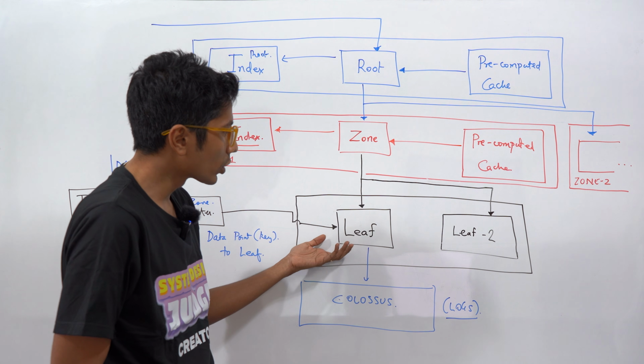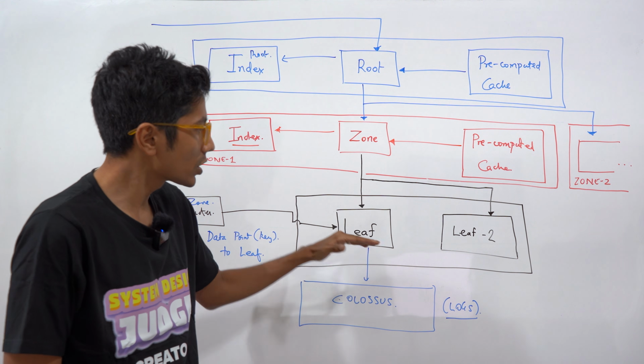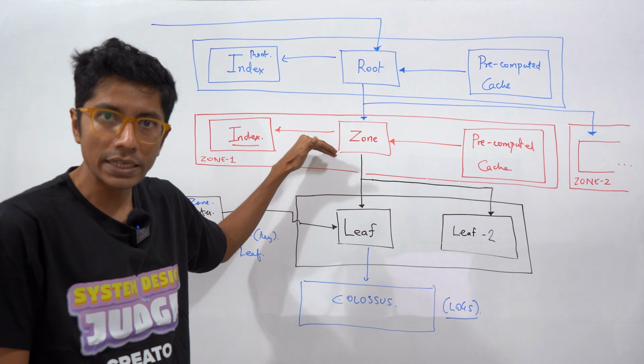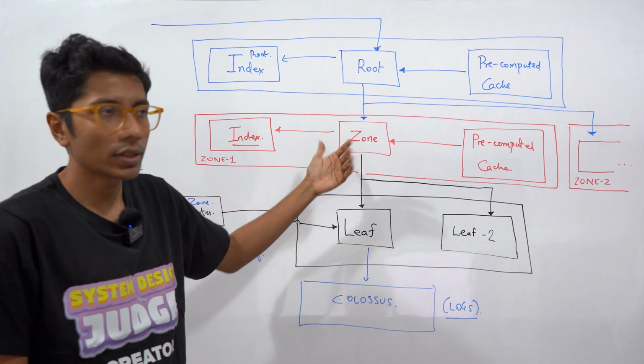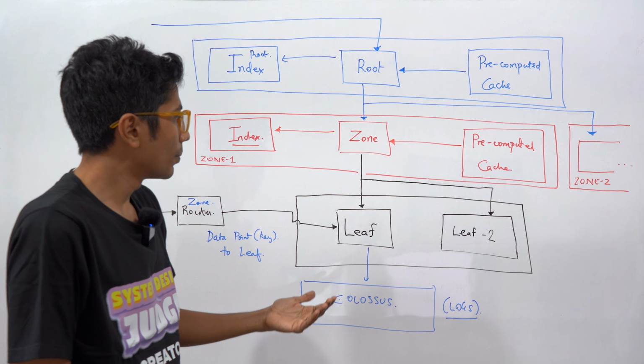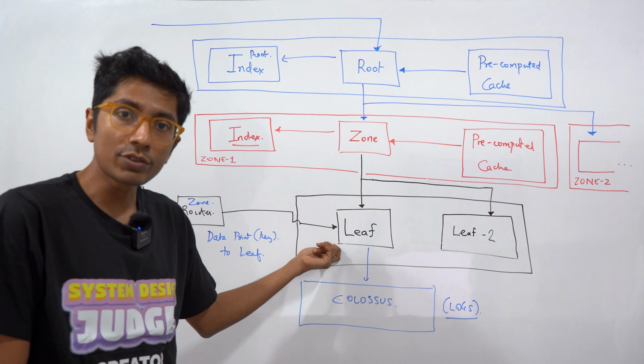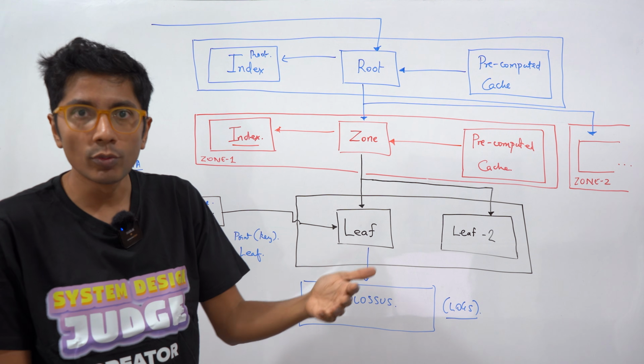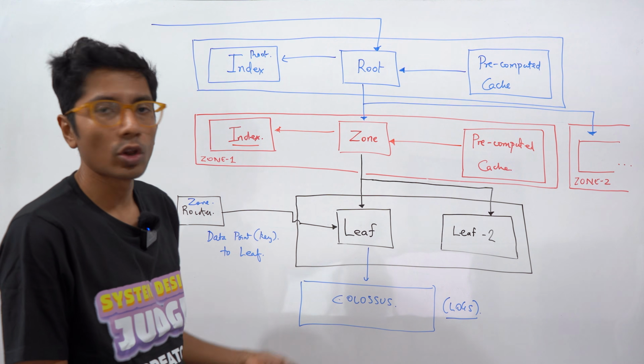Also for fault tolerance, what Monarch does is store the data not just in 1 leaf, but in 3 leaves. So these 3 leaves are chosen for a single zone. If a zone goes out, then you may not be able to query those leaves, but that's fine. At least 1 leaf server going out is not going to stop your queries. This reduces the tail latency of most queries. Also, it provides some fault tolerance.